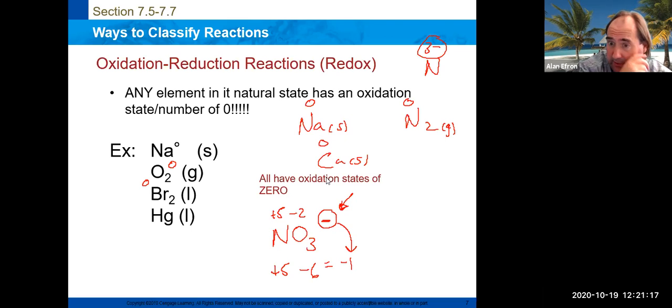And they are right next to each other on the periodic table, which means, as we talked about with our periodic trends, they have very similar trends, which means they don't want to give away the electrons. They both really kind of want the electrons. And that's why, as we talked about with bonding, something like nitrate will actually share electrons between the nitrogen